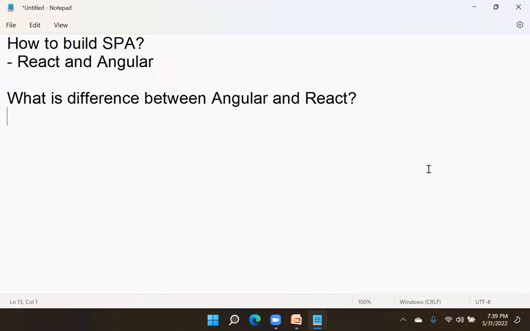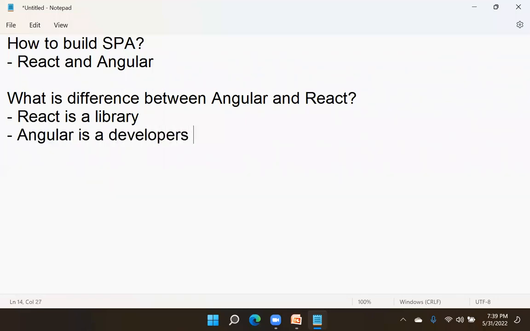So the first important point: the difference between Angular and React is that React is a library, and Angular is a developer's platform, and you can say framework.